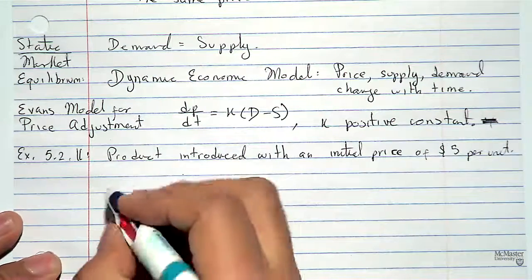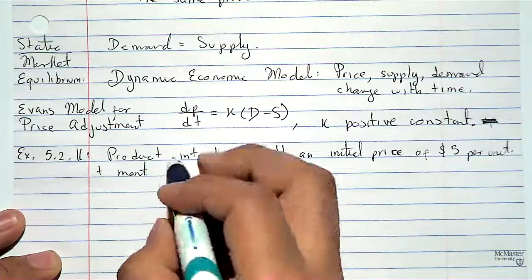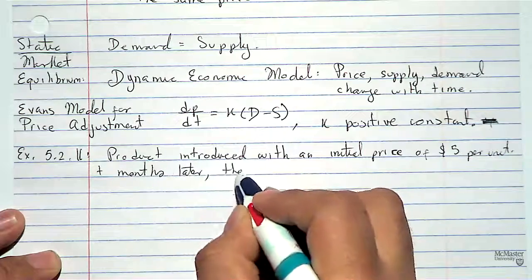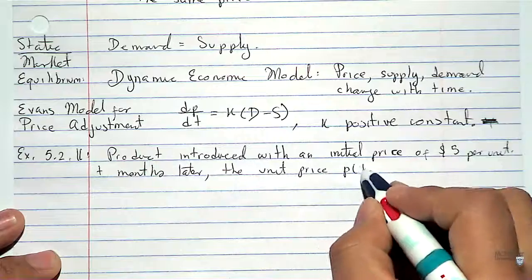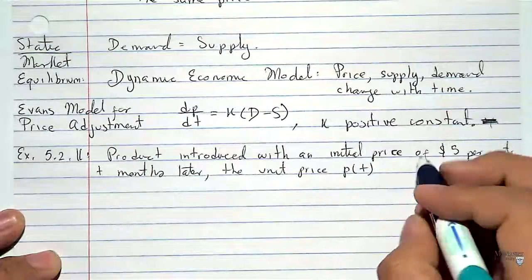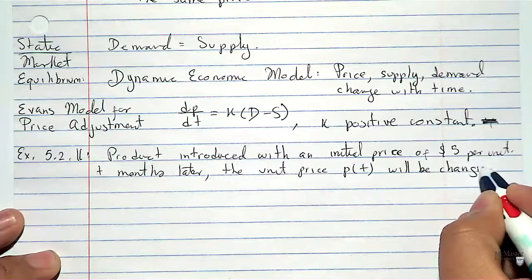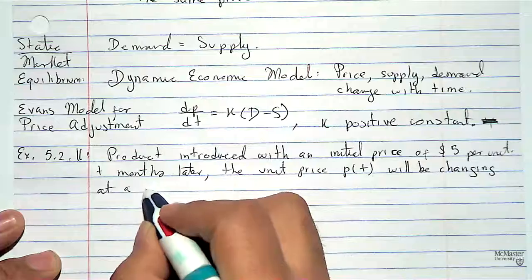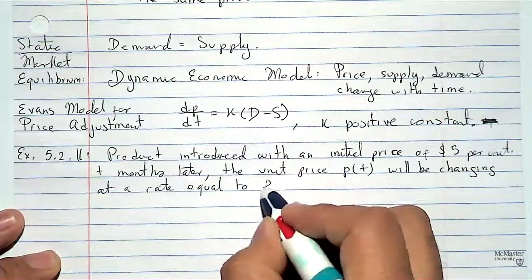What you're given is that t months later, so the time is measured in months, the unit price, which now will be a function of time, that's why you have P of t, will be changing at a rate equal to 2%